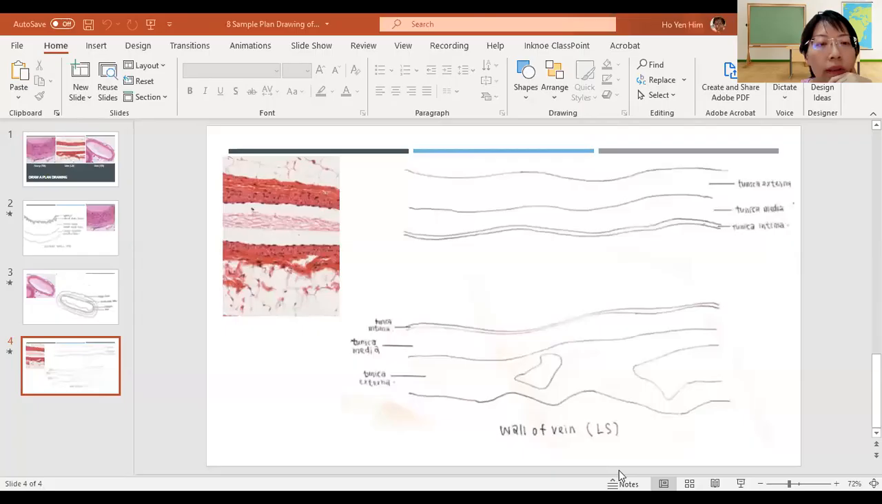So this is for artery and vein. Now we want to look at the other